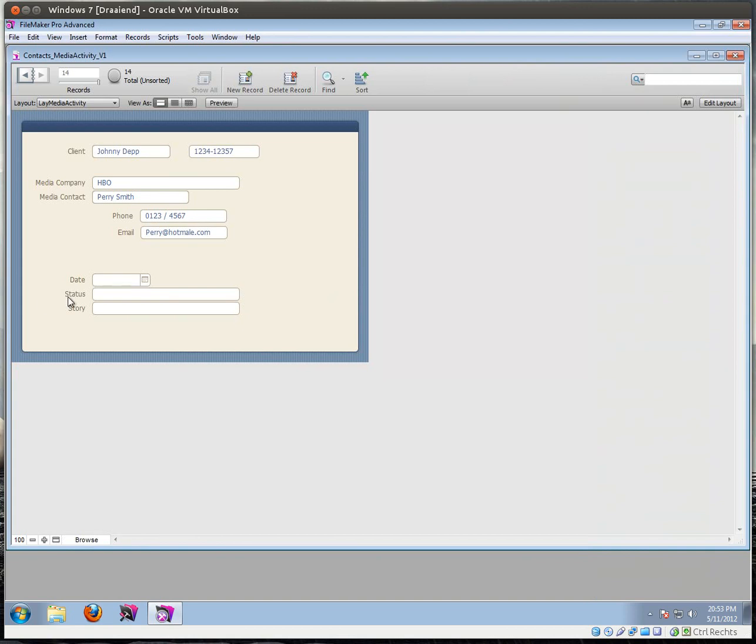If you want the status, you can add checkboxes or radio button sets as well. This one is a nice drop-down. And voila, I think that's about it, the stuff that I wanted to show you guys. You can do way more with this if you want. You can start making list layouts and stuff like that. But for now, a few interesting techniques, I think, that we've tried out, and that should have taught you a